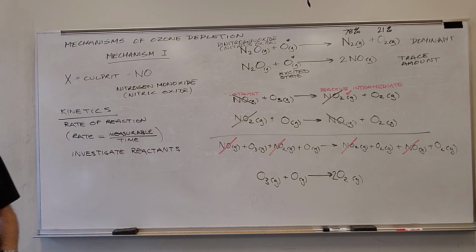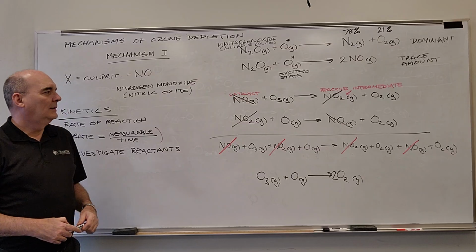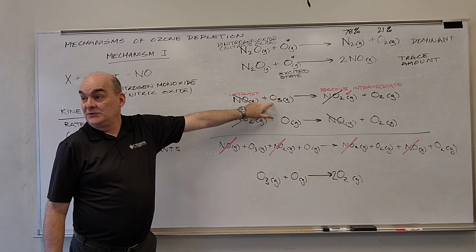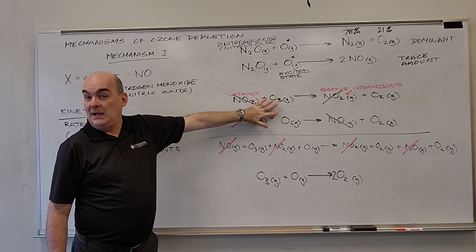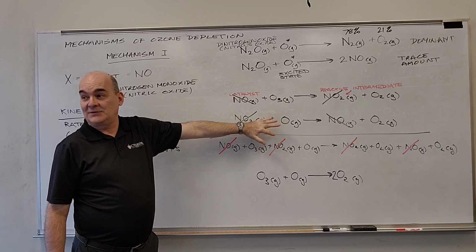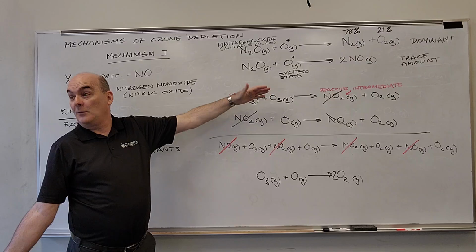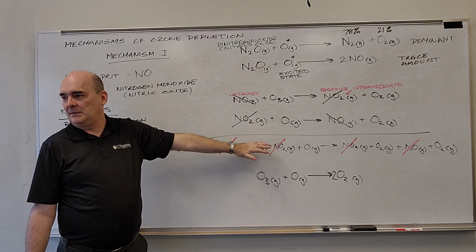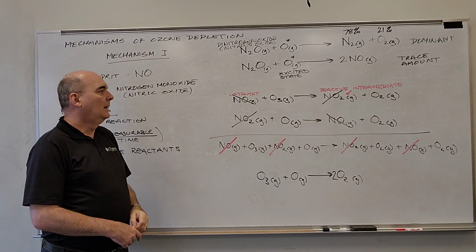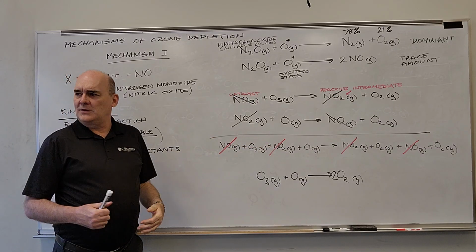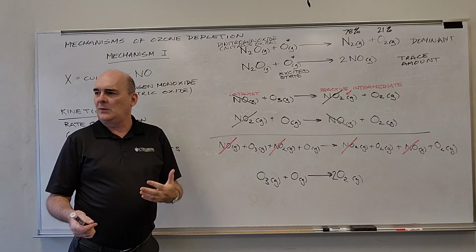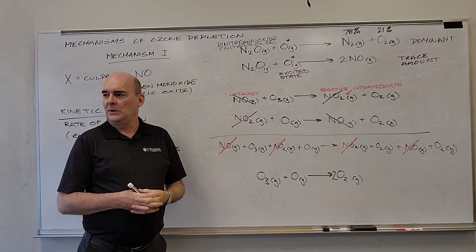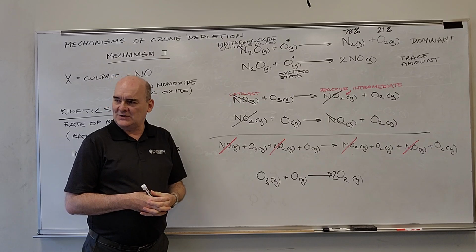If I want to know what the dependence of this reaction is, I see that ozone is a reactant. And I give my reaction a bit more ozone, a bit less. And I see, hey, does that make it go better? Does it make it go worse? Does it make it go a lot better? Does it make it go a little bit better? Okay. And we have those situations where we have a couple of different types of behavior. We call those first order, second order, and zero order